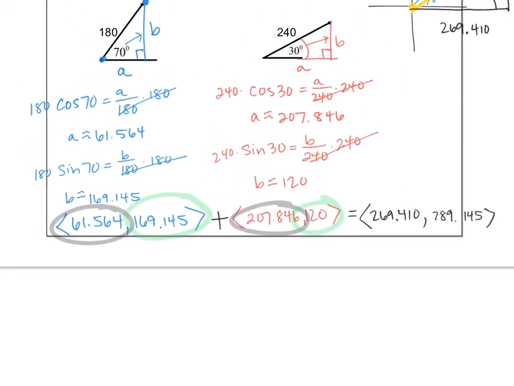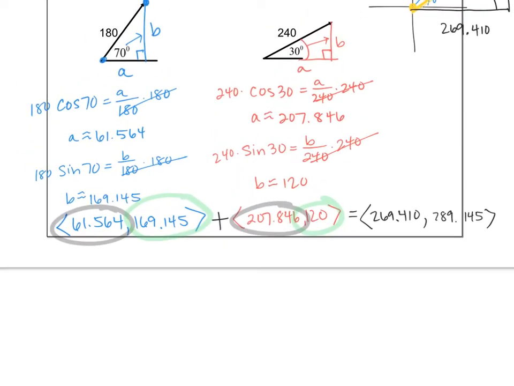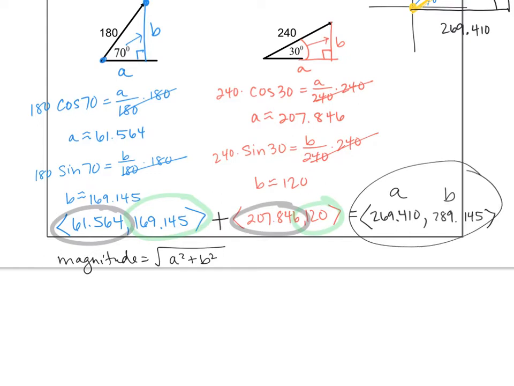I'm just going to scroll up a little here. Magnitude, I'll write it out, equals the square root of a squared plus b squared. This is our new a, this is our new b. So we're going to use this component right here. So here we go. It's going to go magnitude equals big square root of